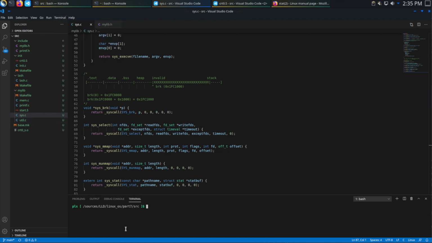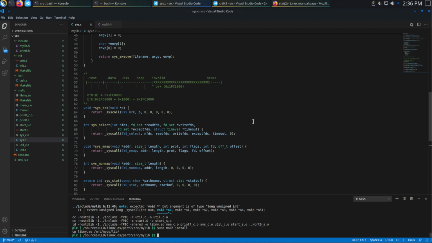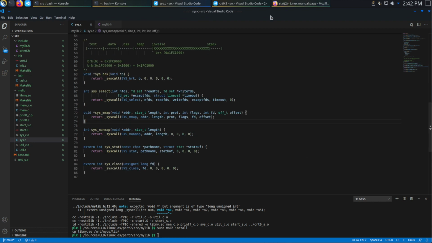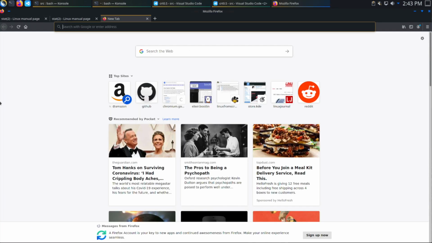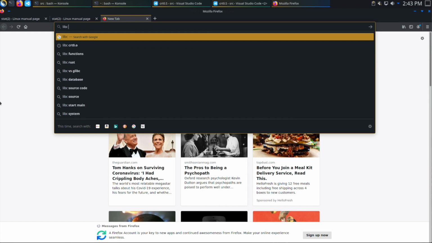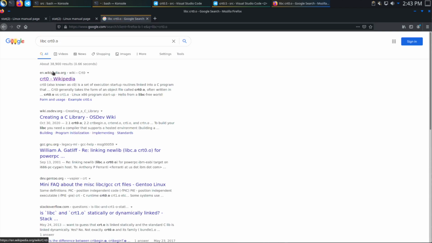Okay, so let's go back up to terminal. Now let's build this and install it. So we'll cd into the mylib folder, make, sudo make install. So now we have those new functions in our library. And now before we can actually pass arguments into other programs, we need to modify this crt0.s. Right now we're just calling main, but actually we can Google this libc crt0.o, and the Wikipedia has a good